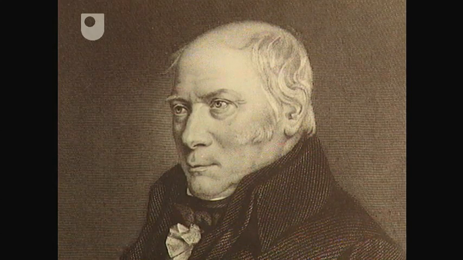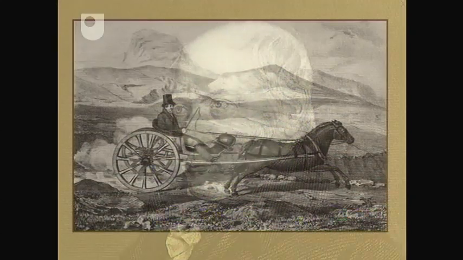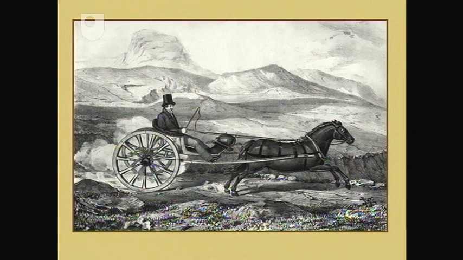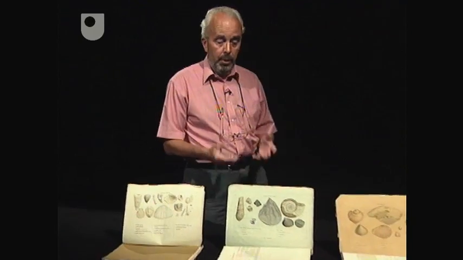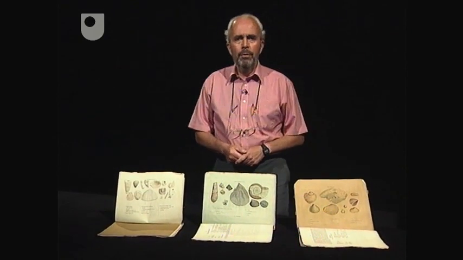The discovery that different successions of assemblages of fossils could be recognised in different parts of England was made by William Smith almost 200 years ago. He was a surveyor and engineer involved in the construction of canals all over the country, so he had plenty of opportunity to see fresh exposures of rocks and collect fossils from them. And this enabled him to come up with the idea that different strata, as he called them, contain different assemblages